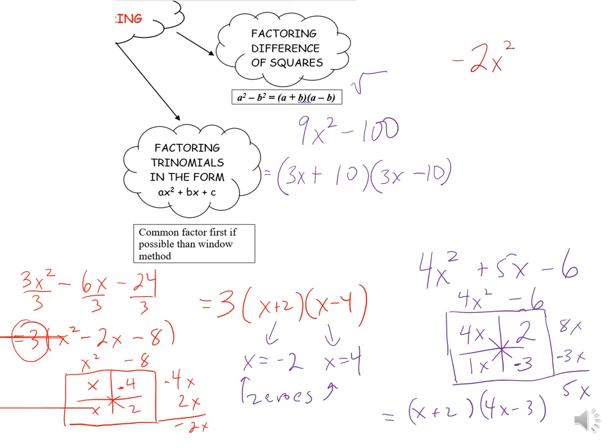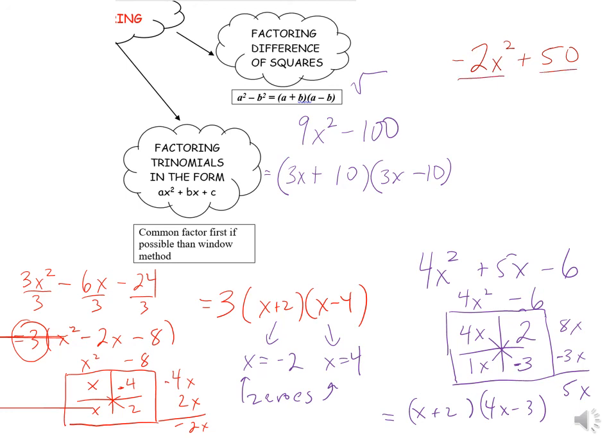I would make this negative 2x squared plus 50. So yes, it satisfies two terms, but it's not minus, so it's not subtract, and neither of those two numbers have a nice square root. However, we always check for common factor first,